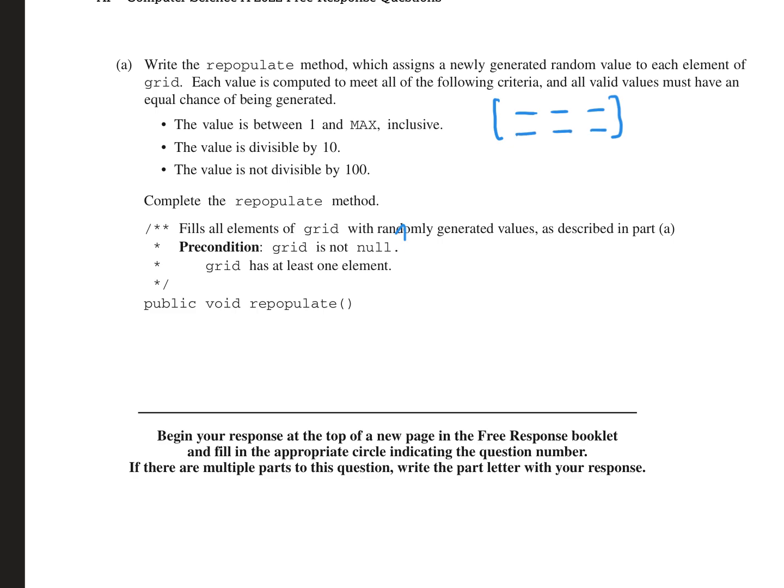with numbers, integers, and they're going to be between 1 and max inclusive, and those have to be divisible by 10, but not divisible by 100. So remember, if we talk about something being divisible, that's when you're talking about the mod of whatever it is equal to 0. So we want the number mod 10 to be equal to 0, but we want the number mod 100 not to equal 0. So the first thing we got to do is create the array